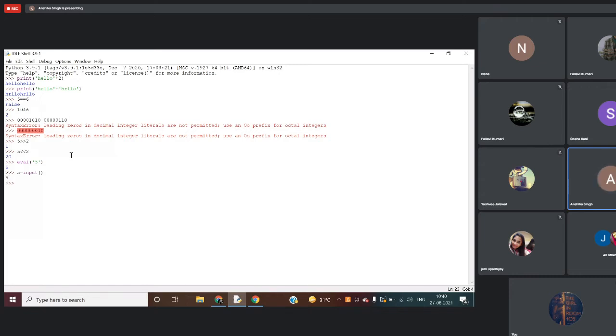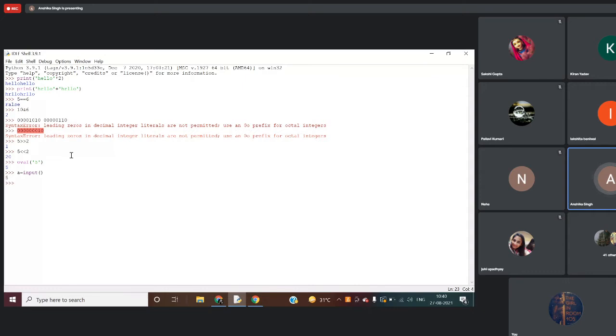5. So tell me what will be the value of A? 5, ma'am. 5 as integer or as string? As a string, ma'am. One of you said string, but another student, what did you say? The input function will always take the values as string.